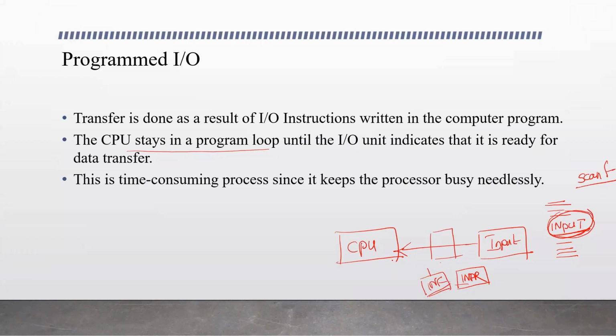Here the CPU has to finish the transfer. Until then, it has to wait in this loop. It has to stay in this program loop until the input device is ready to transfer data. So it has to keep checking this input flag. If it is set to 1, it means the device is ready and the data can be read. It reads the data, and again the input has to be initiated, right? The input device has to send the next byte of data. So here the CPU keeps waiting, keeps checking this flag bit.